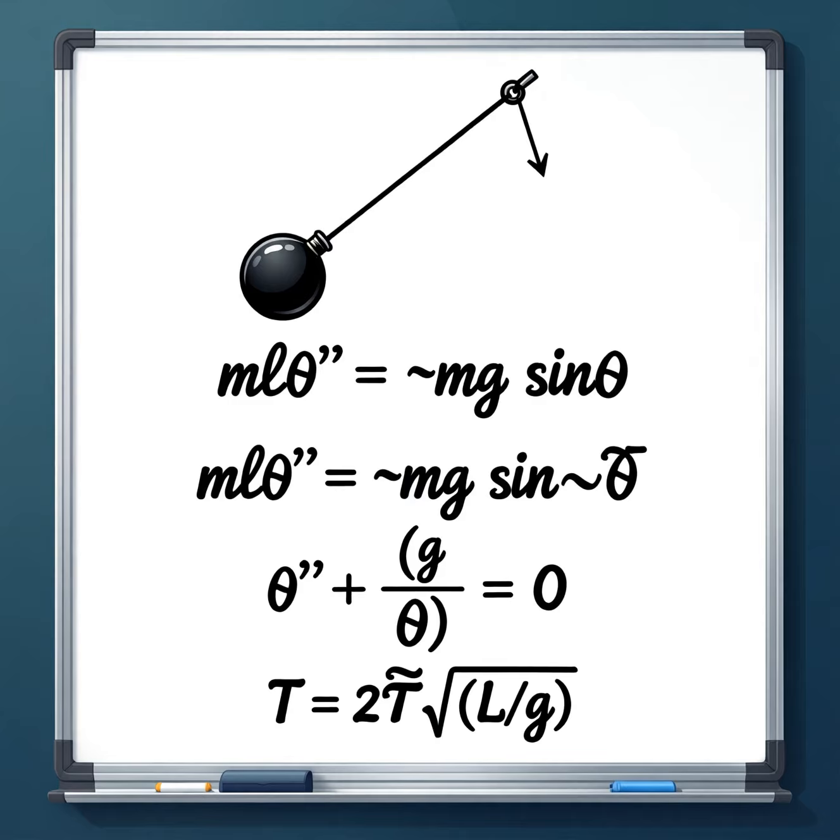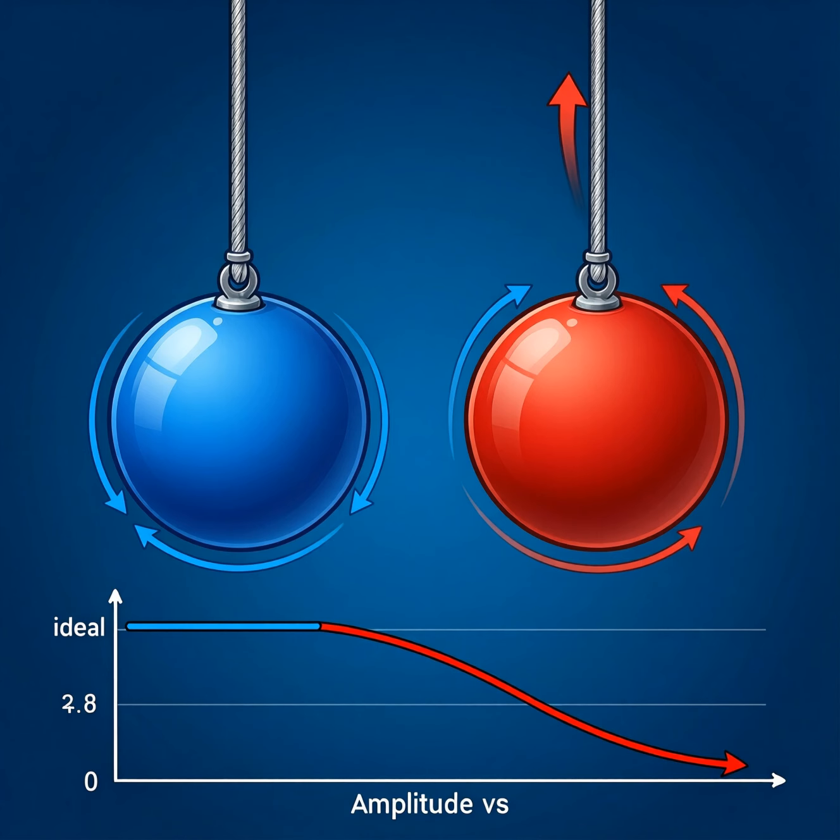The equation simplifies to α = -(g/L)θ. Recognizing that angular acceleration α is the second derivative of θ with respect to time gives d²θ/dt² = -(g/L)θ. This is the standard simple harmonic differential equation, whose solution is θ(t) = θ₀